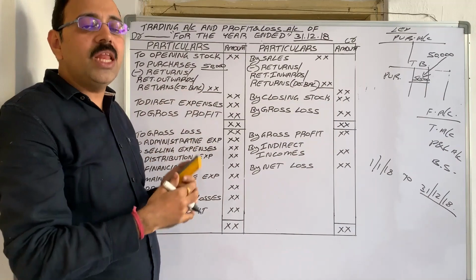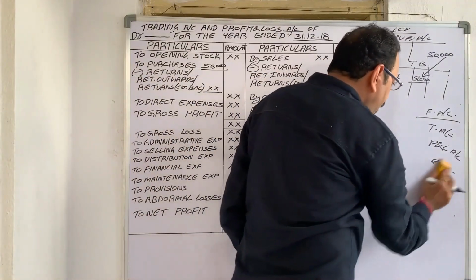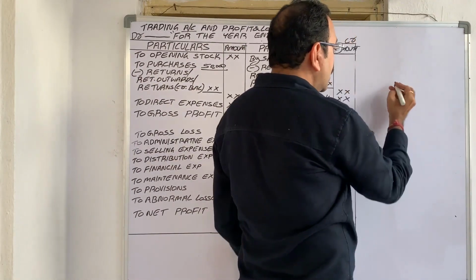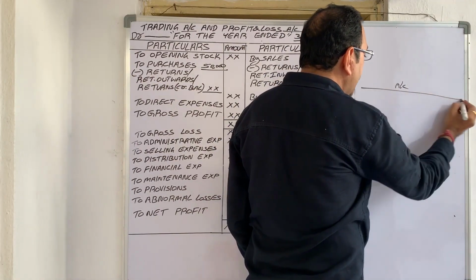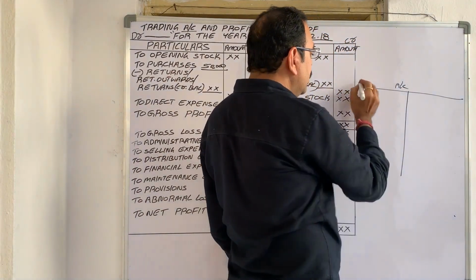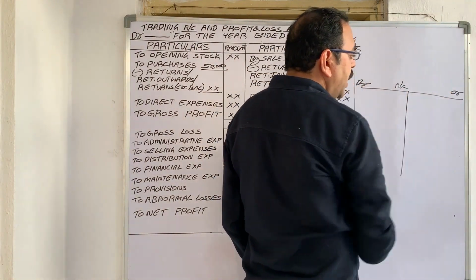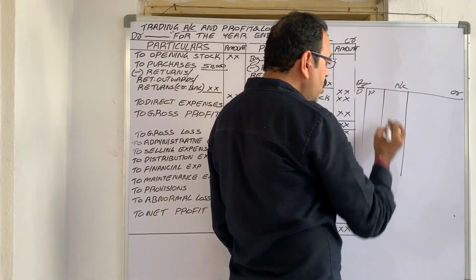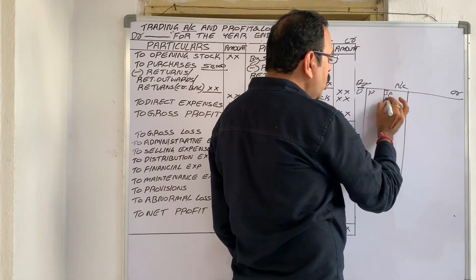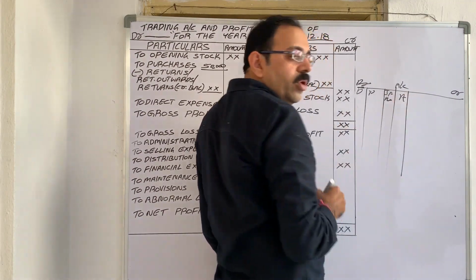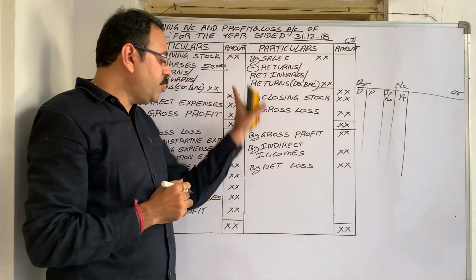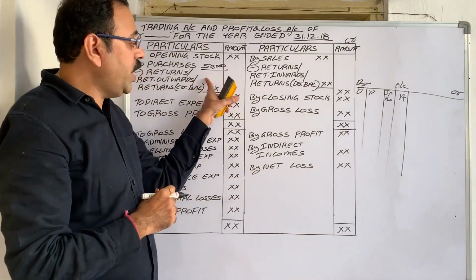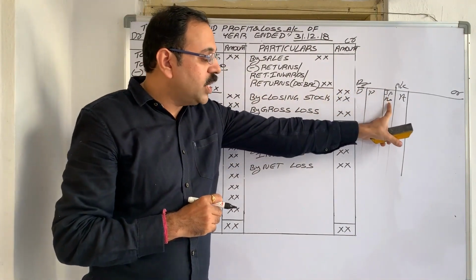Now recollect the ledger account format. When you prepare a ledger account, any account contains two sides, debit side and credit side, and on each side we open a date column, particulars column, journal folio number column, and amount. Now trading account and P&L account are also accounts only, but we are not opening any date column and journal folio